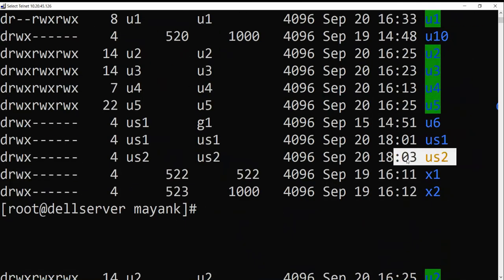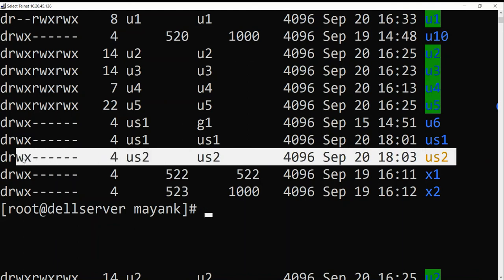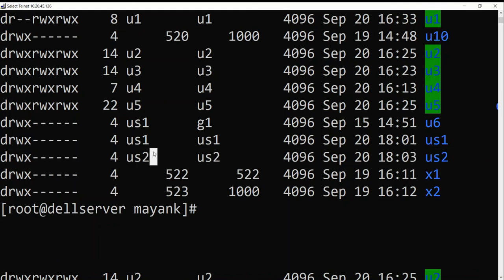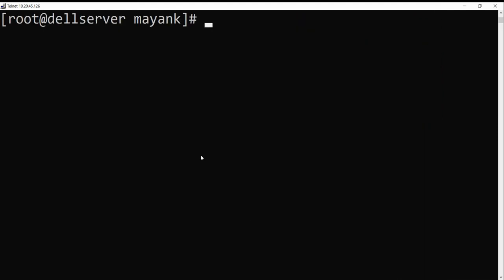So this is user 2. User 2 has also been created, and it belongs to user 2 and the group is us2. So this is the command we have seen to add a user in a CentOS environment. In Ubuntu, we have already seen it in the previous video. Over here, we do it by useradd. Now, to